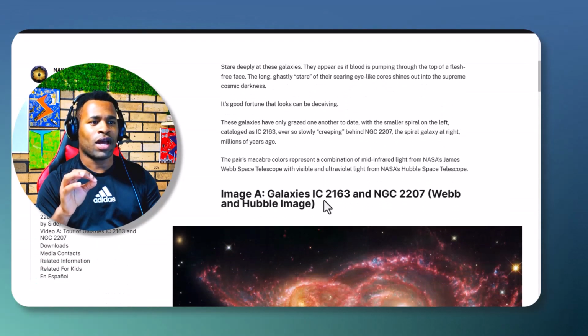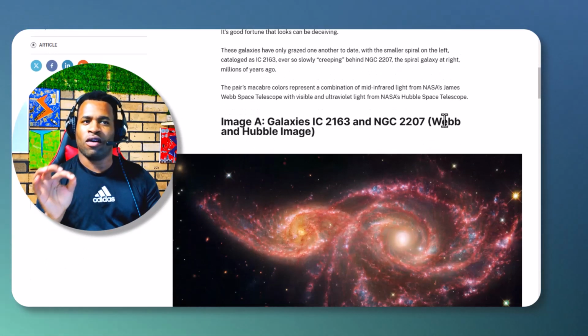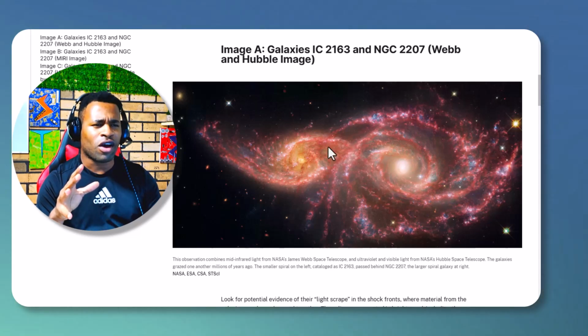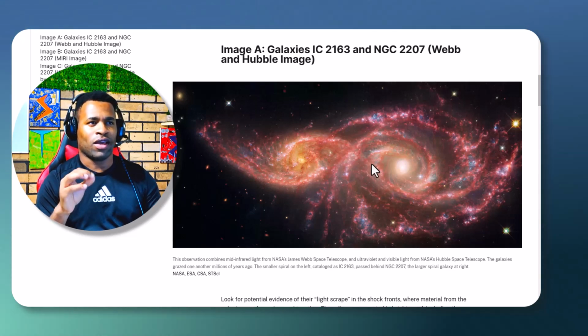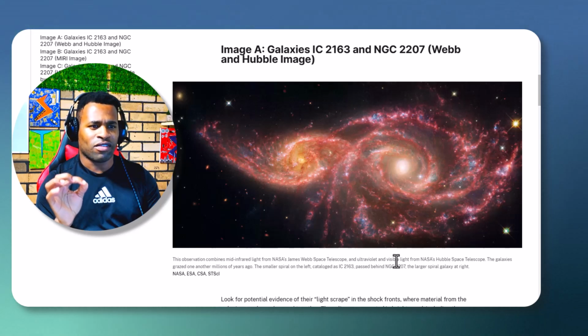And so when we look at this particular image, it says that this image is a combination of the Webb and the Hubble telescope images, and there are a couple of clues that can show you which parts are Webb and which parts are Hubble. Now, in terms of Hubble, it says that Hubble has a combination of two pictures here. One is visible light, alongside ultraviolet, according to what it says right here, and the James Webb Telescope